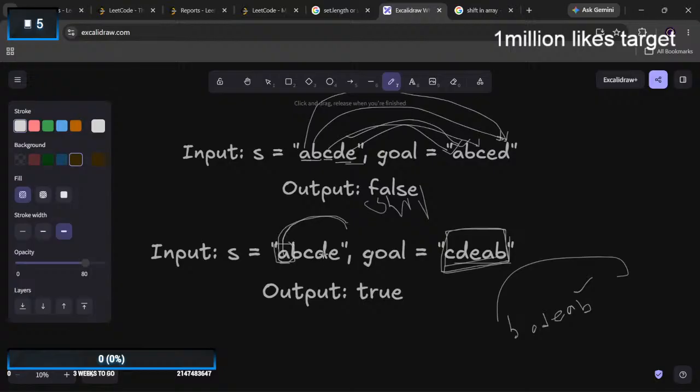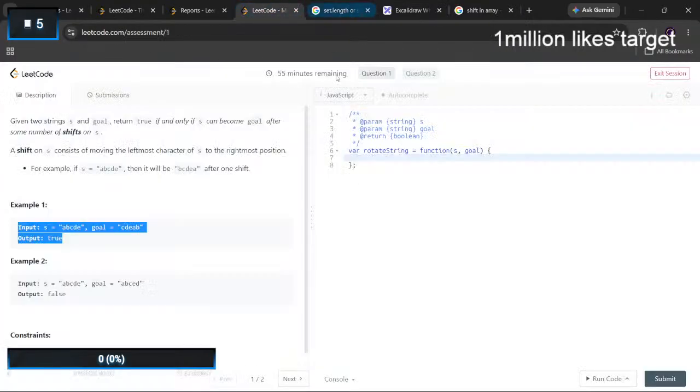Then I return false. How do you write this? Should I write a for loop?